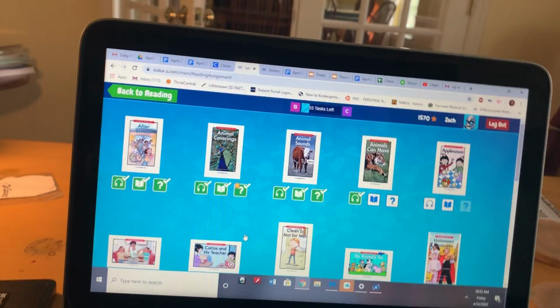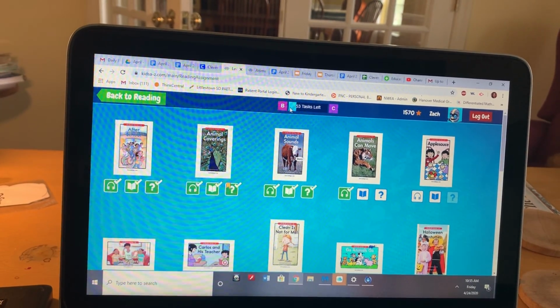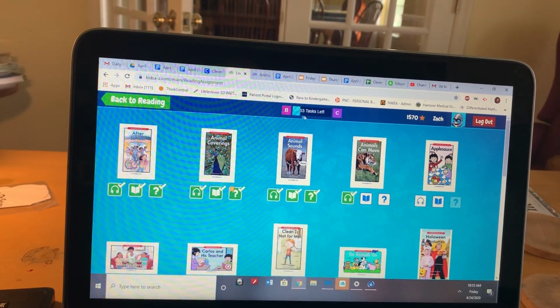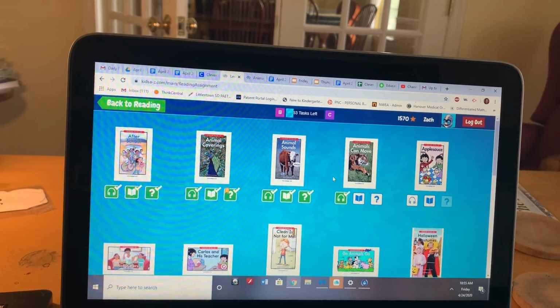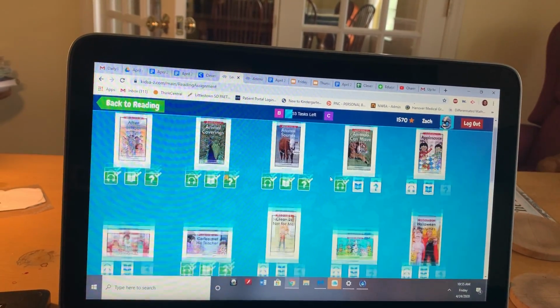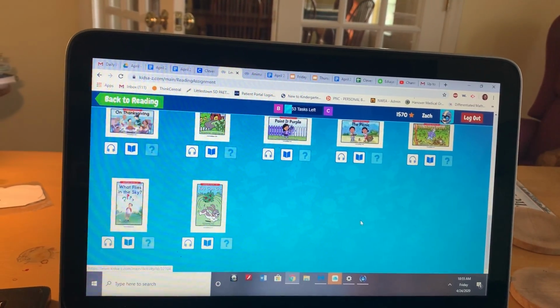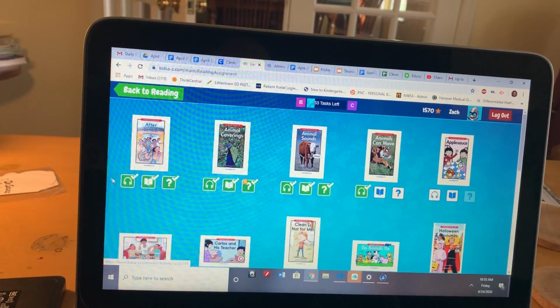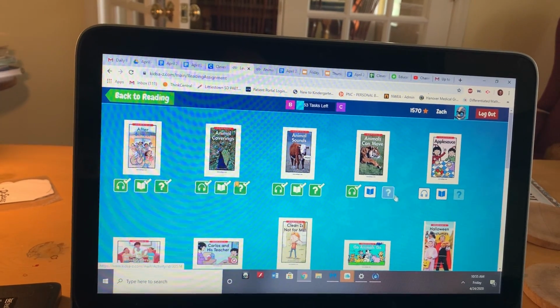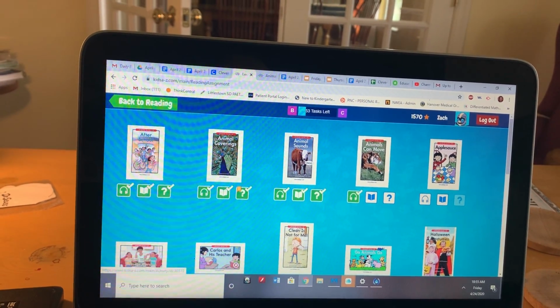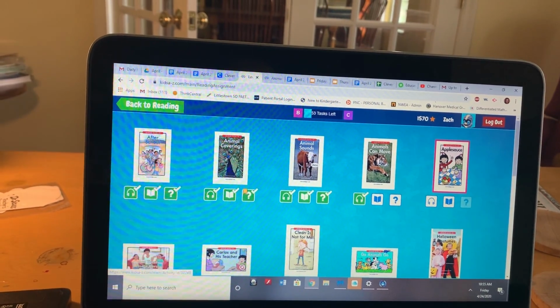So you click on level up, and you see Zach is on a B, and he's trying to get to a C. He has 53 tasks left. So these are the books that will get him to finish his tasks. So he's been reading. I'm going to skip Animals Can Move, but we'll go to Applesauce. We click on the book,